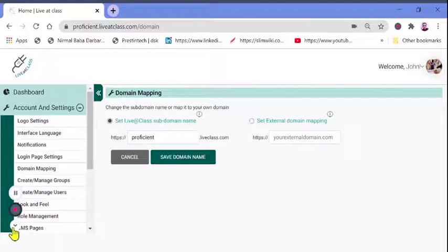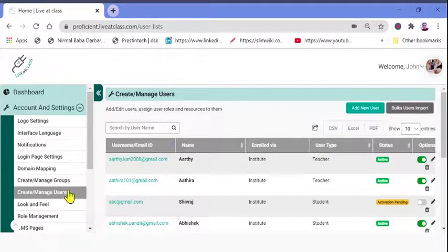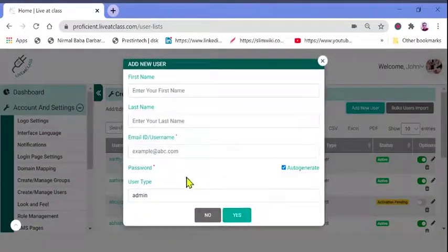So friends, moving ahead from domain mapping, now we'll discuss user management and group management as mentioned earlier. In user management, the admin can add a new user and assign a role to that particular user, whether he or she be teacher or student.